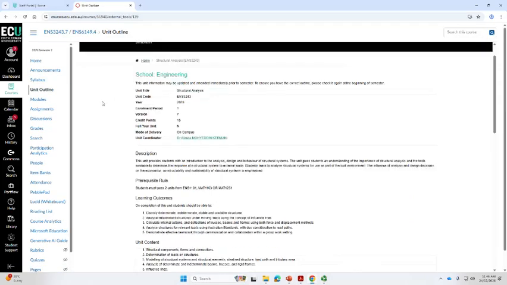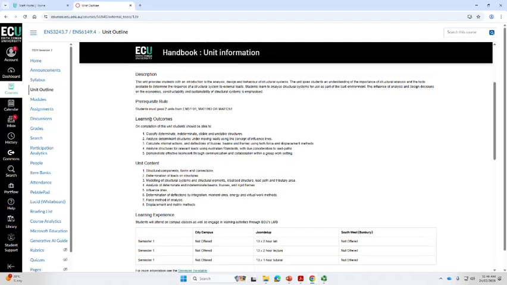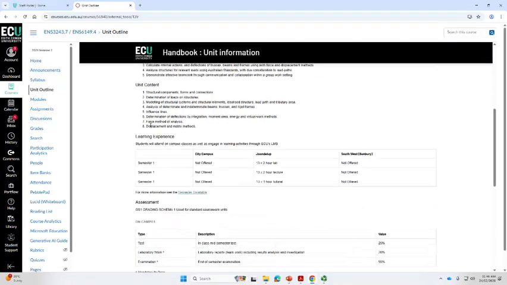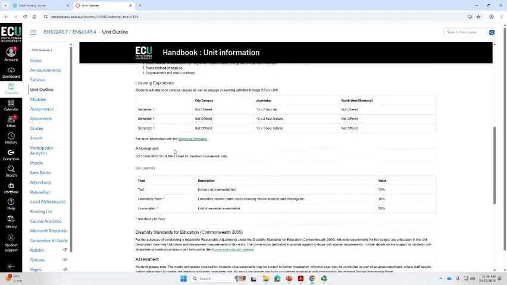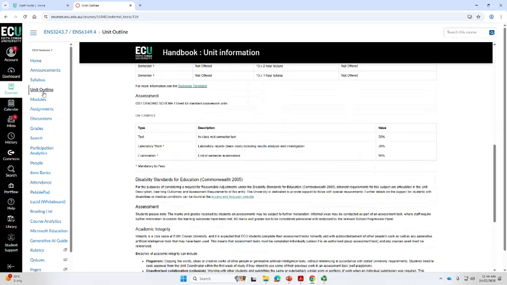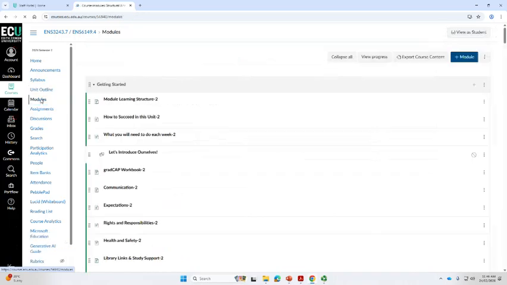So this is a unit outline. You can access this through the ECU handbook as well. It talks about the learning outcomes of the unit and the content and, again, the assessments and things like that. Modules is where you have access to